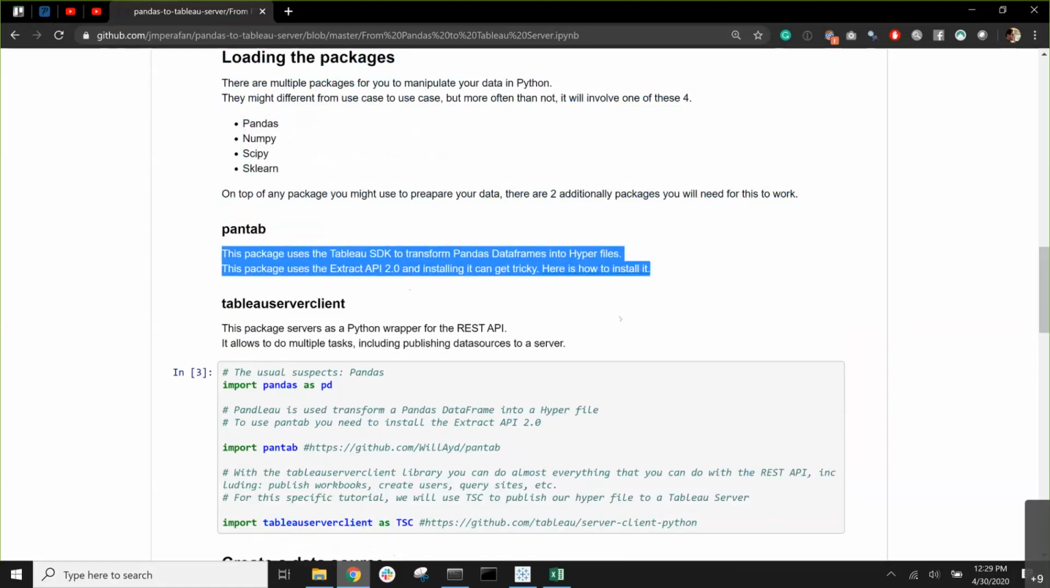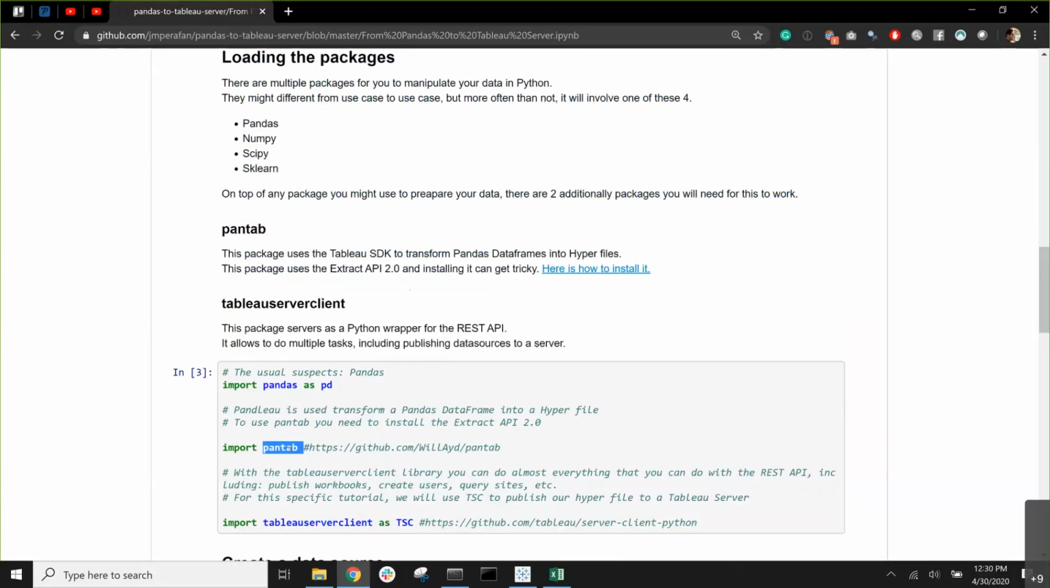Extract is dealing with the SDK, the older versions. When we are jumping from older versions to Hyper, then we can use Extract. Yeah, exactly. One thing to take into account is there are multiple libraries in Python that transform a data frame